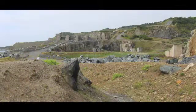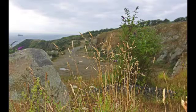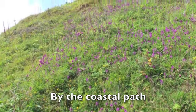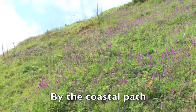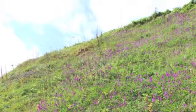We walked down actually to the sea to join the cliff path, and this involves walking, first of all, through the quarry, and you can see where the quarry was very active. There are almost no plants really colonizing this area at all. So as you go out of the quarry, on the left-hand side, on the banks which were actually formed from